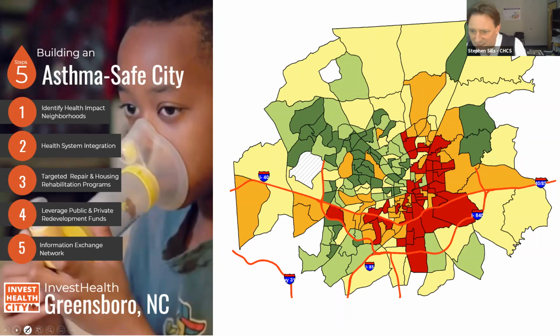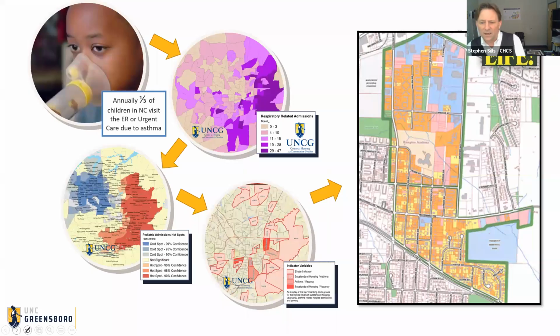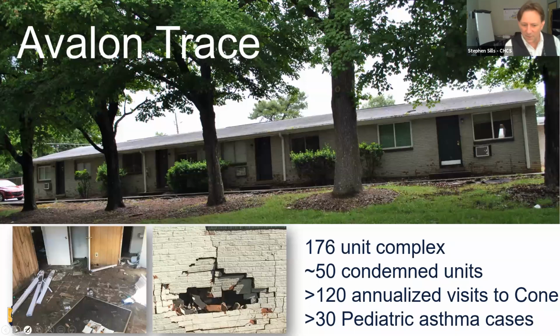We're in fact number 3 in the country in 2019 for the Asthma and Allergy Foundation for asthma issues, quality of air, flora and fauna that contribute to asthma conditions. But the underlying issues are medical, access to medical care, high poverty, and quality of housing. By combining the different studies we've conducted over the years, respiratory related admissions to the hospital, quality of housing studies, we were able to actually target specific neighborhoods and eventually specific apartment complexes that were contributing to the disproportionate numbers